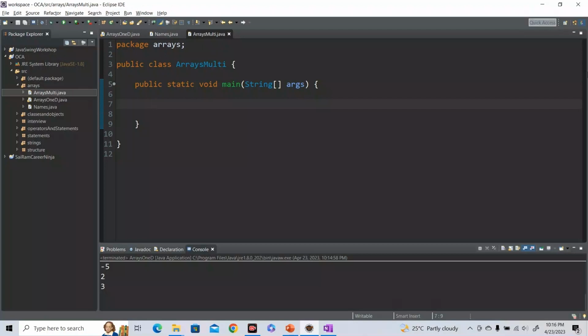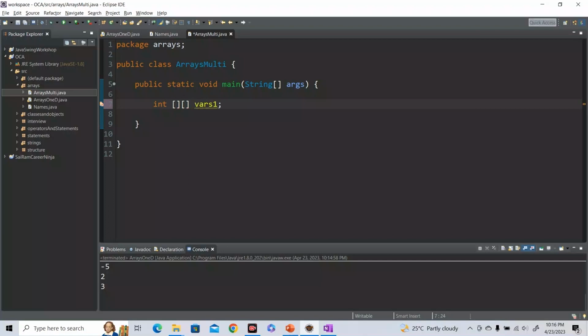If you remember, while I was talking about one dimension arrays, we said you have to use one pair of square brackets, and in case of multi-dimension arrays, basically in case of 2-dimension arrays, we use 2 pairs of square brackets. If you create a 3-dimension array, then you use 3 pairs of square brackets. So examples are like this: int